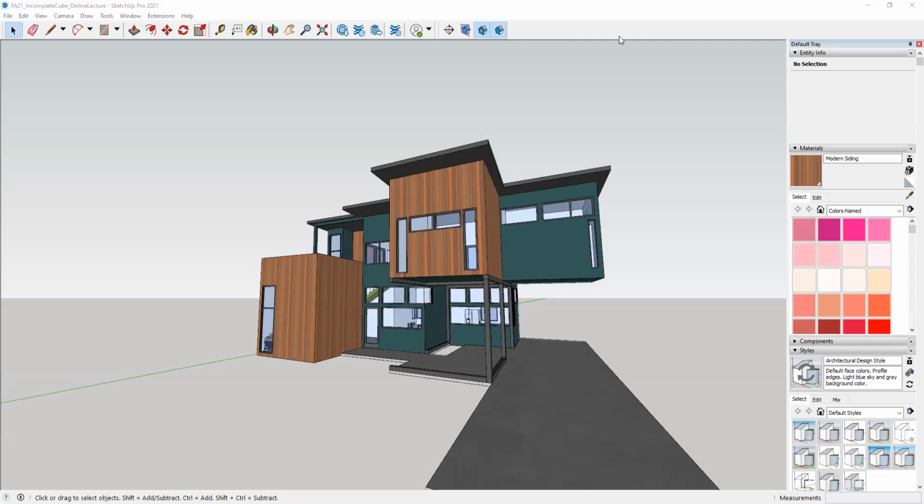Okay, so in this tutorial, what we're going to cover is how to take our SketchUp model and essentially cut it up into several parts so that we can create some orthographic drawings, things like floor plans, sections, elevations, and so on. Now I've gone ahead and added all the materials that I wanted to add in my